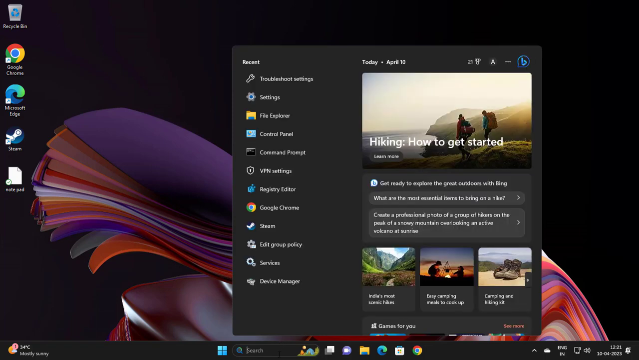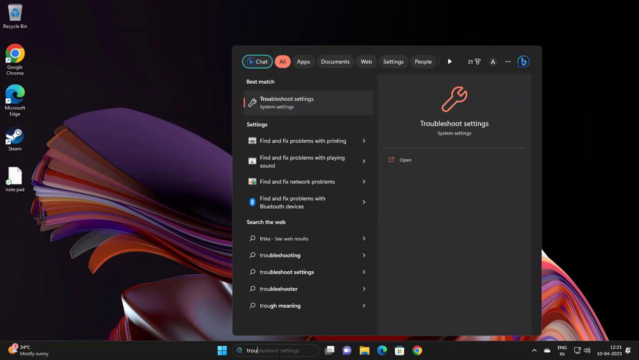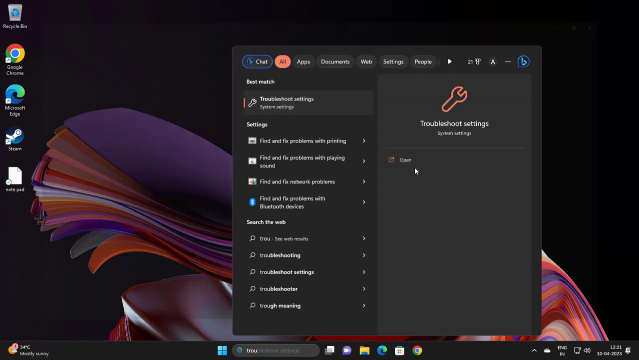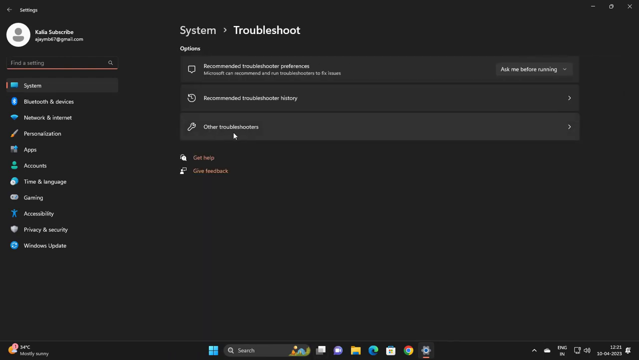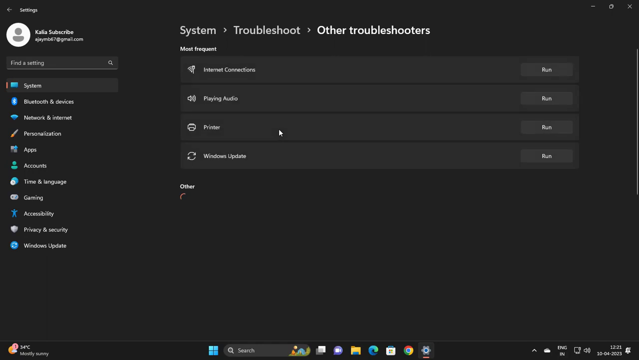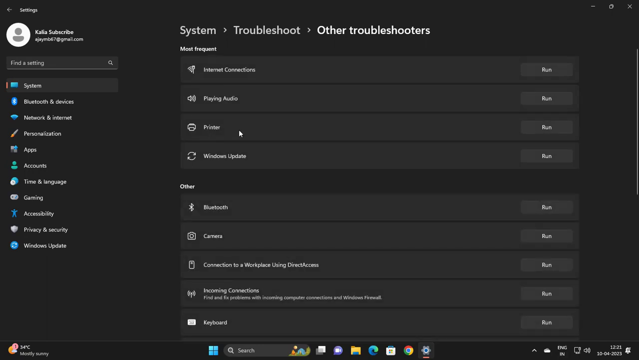to search menu and type troubleshoot settings, open it, go to other troubleshooters, you want to select printer, run it,